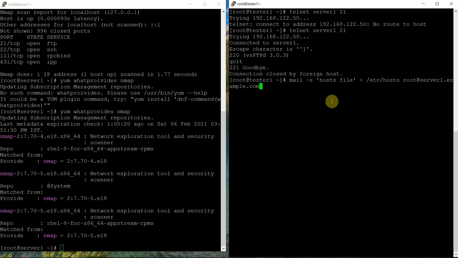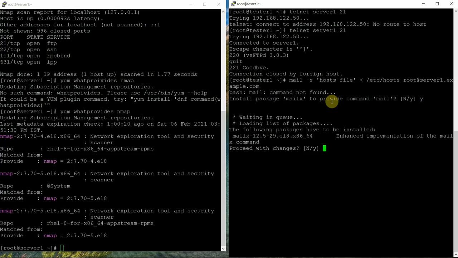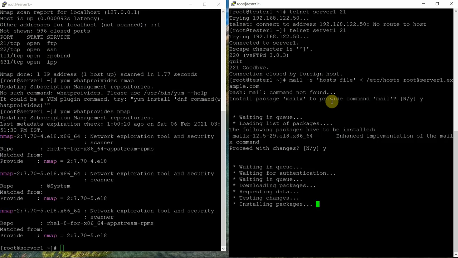So I typed the mail command and it says mail command not found. Install package mailx. Yes, install it. Proceed with the changes. Yes.